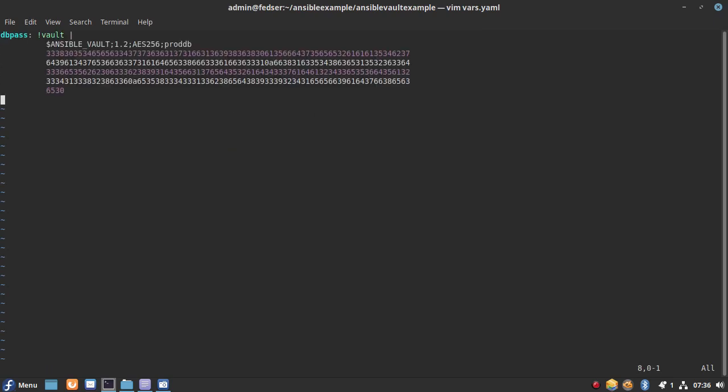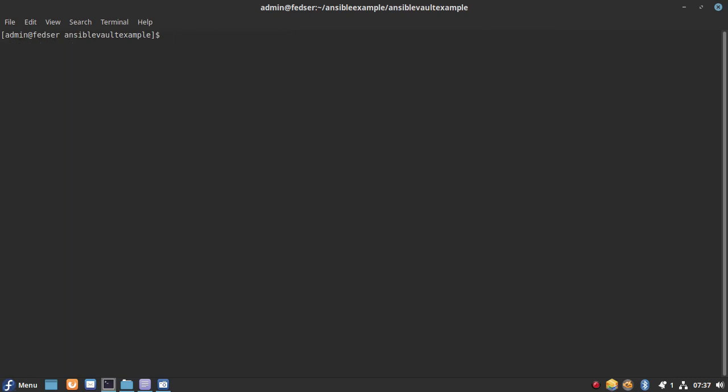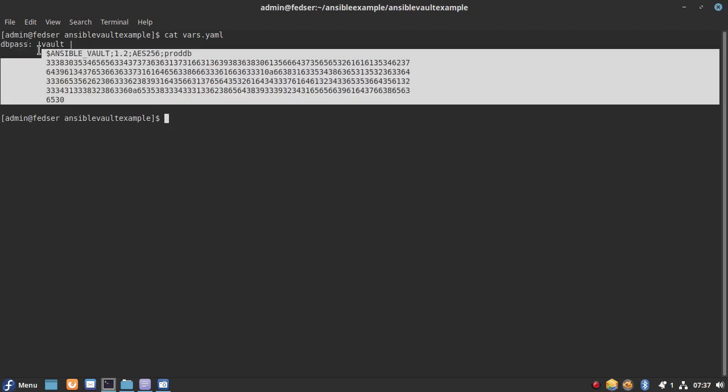Okay, so we have copied the encrypted content. Let me clear my screen. Okay, so we have our vars YAML file with the key dbpass and the encrypted content.